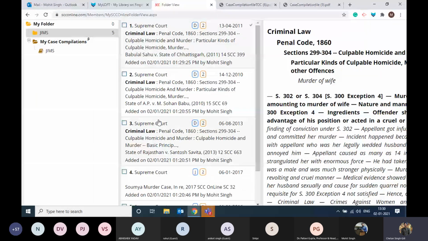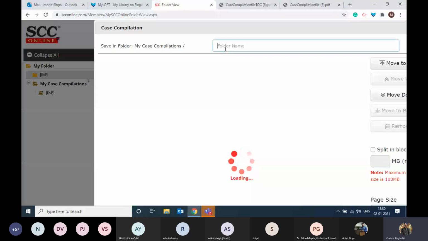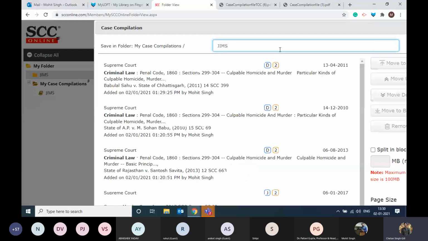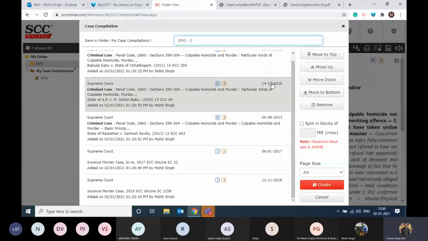We're assuming that we want all of it, so we'll select all. And we're going to go to this icon, which is more of a printer over the folder icon, and then click on the last sub-category, that is Create Case Compilation. Once you do this, if you want to change the name of the compilation, you can do that. Then you can click on Create.